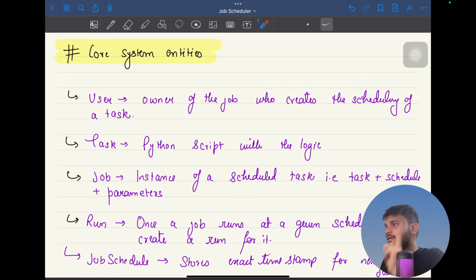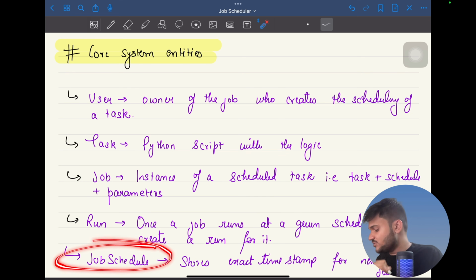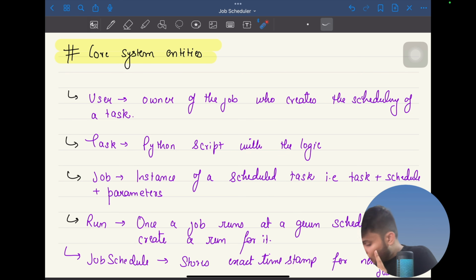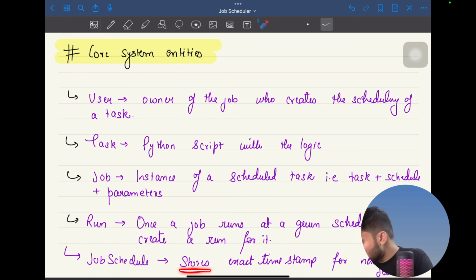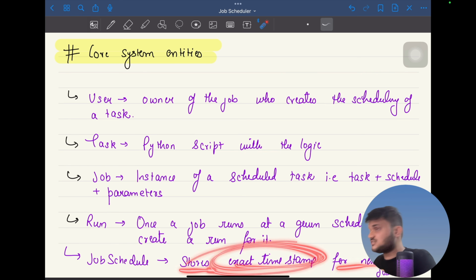And then there is an interesting data storage that we are going to have, which is going to be job schedule. This job schedule is going to have the schedule of the upcoming runs. This run table, or whatever storage we are going to develop, is going to tell what happened with the previous runs. Let's say you want to see what happened with the last 20 runs of this job. Now if you want to see, okay, when is the job next scheduled, that schedule we are going to store in job schedule storage. So this is going to store the exact timestamp for the next run of the job,